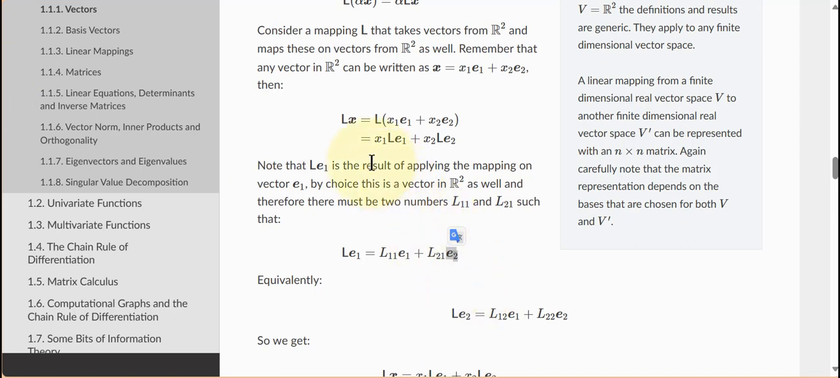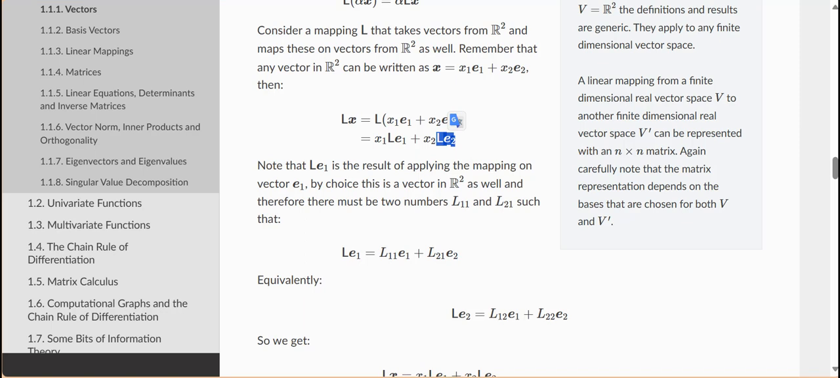And we can do the same thing with L of E2. This is also a vector in R2, so it can also be written as a linear combination of E1 and E2. So L of E2 can be written as, but we don't want to use the same constants as here because they're not going to be the same constants, so they just have different notation. Okay, so just to accept this notation, and all they're saying is it can be written as a linear combination